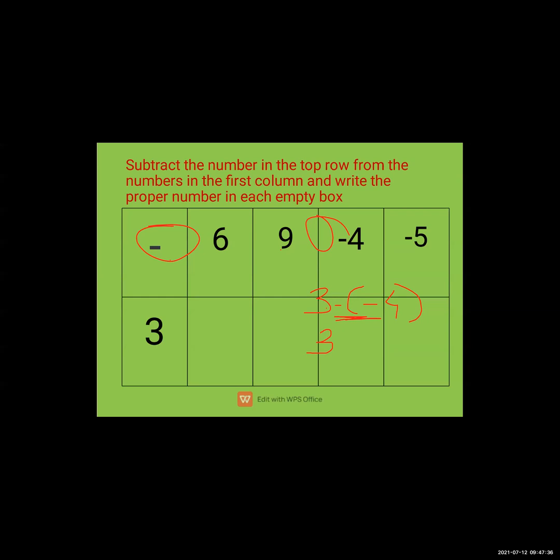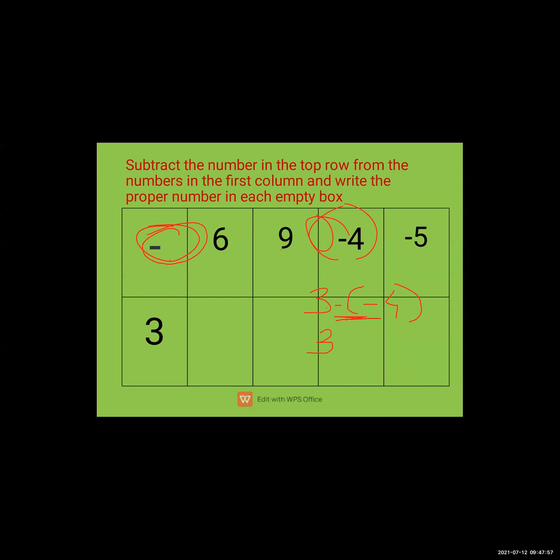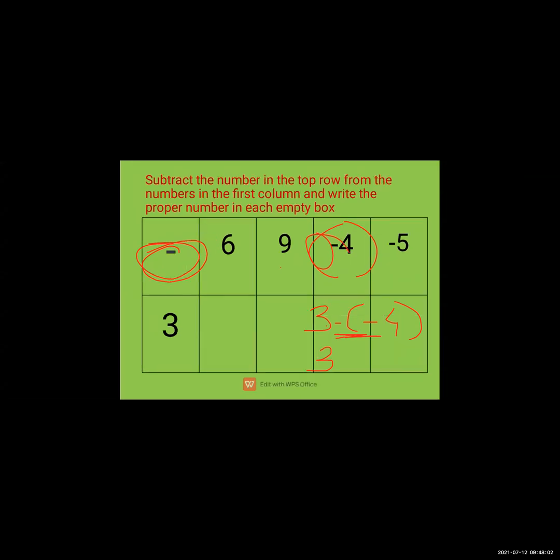Three I have written, and the minus sign I have taken from here in the bracket. I have written this minus 4. Now same as it is, I am writing 3 downside. 3 I have written. Now minus minus equals which sign? Minus minus is there, so which sign will come? Minus minus equals plus. Very good.